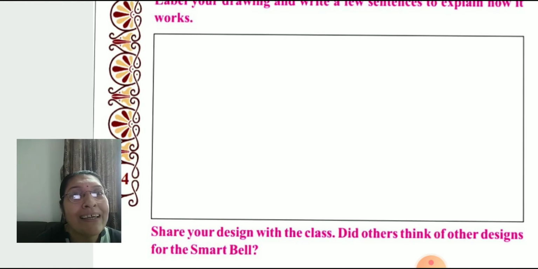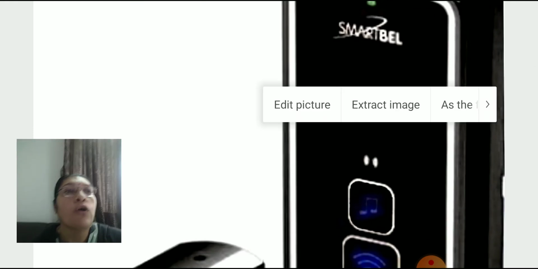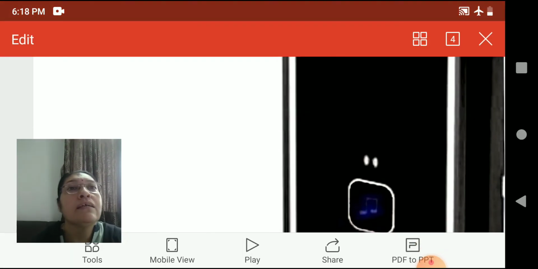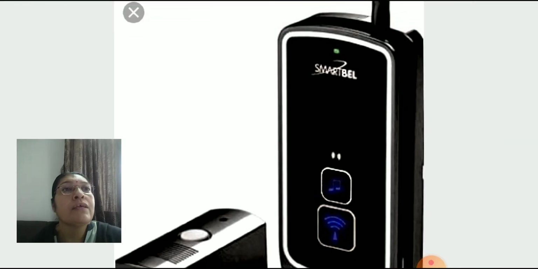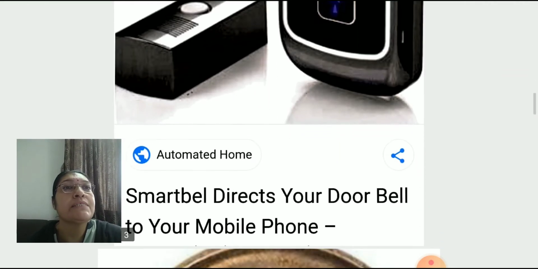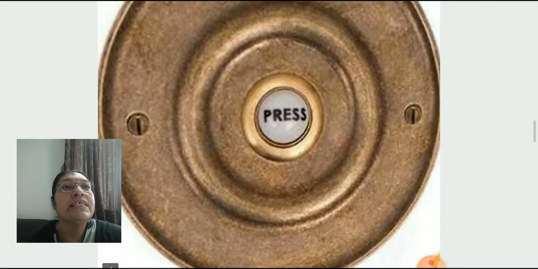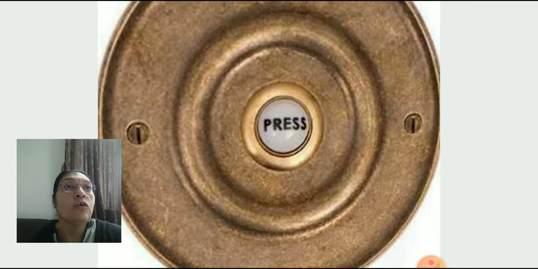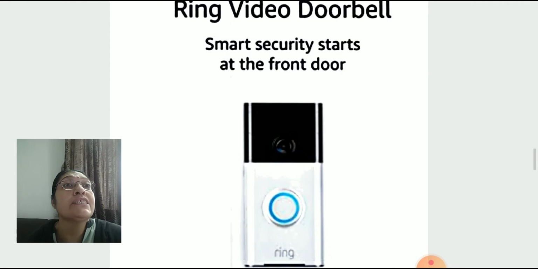Listen now, children, in your home also. Okay. Here I have given some designs. So you have to draw from this any which one you like. Okay, children. So here first one smart bell from mobile phone. This from brass. Next, this smart security starts at the front door.